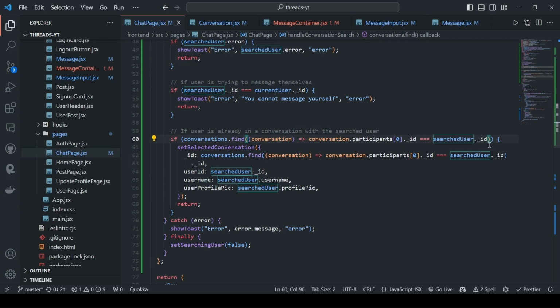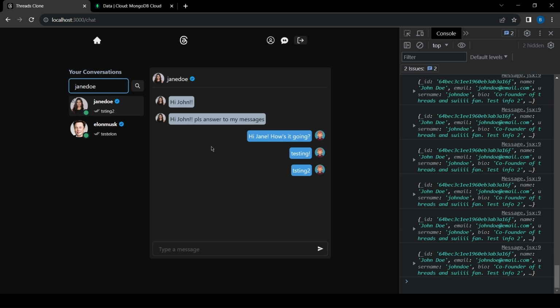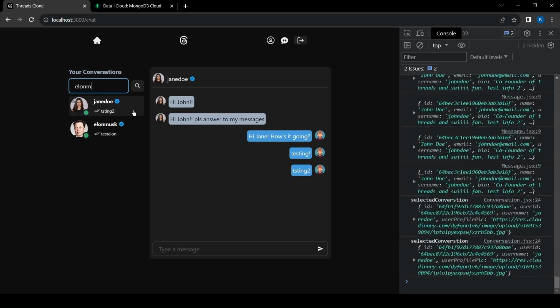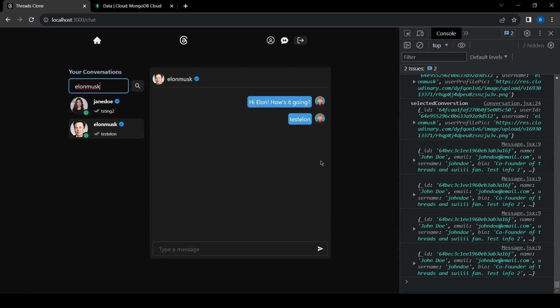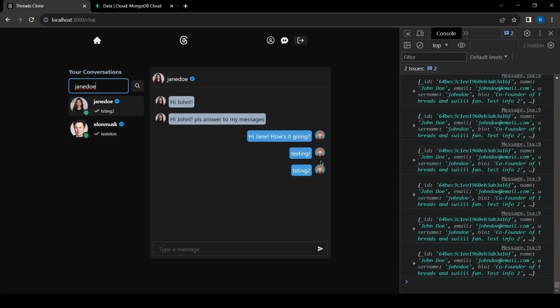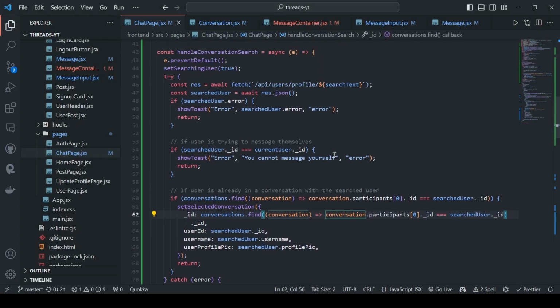And if this is the case, this if will run, and then we will just set the selected conversation with this user's conversation. So we're going to search Elon Musk. If I search it, it is going to open up here, and we can just switch between all the conversations that we have. So let's refactor our code a little bit, and as the saying goes,